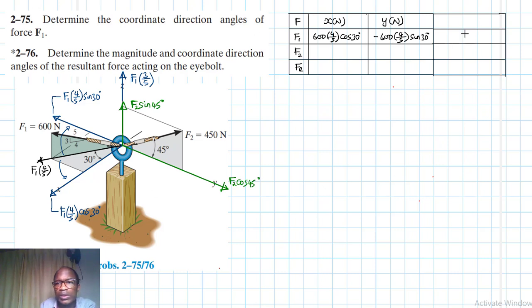Like so. So this is Z in newtons. So in the z-axis we have a positive 600 by 3 divided by 5. F2 in the x-axis we have a 0. In the y-axis we have F2 positive 450 cos